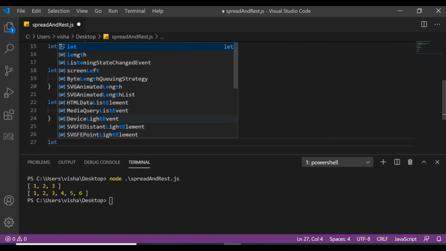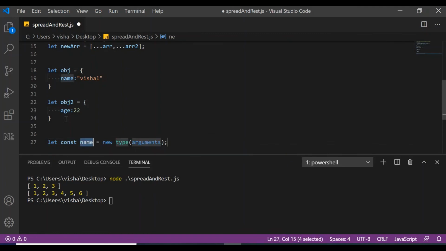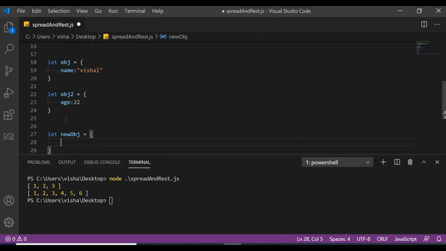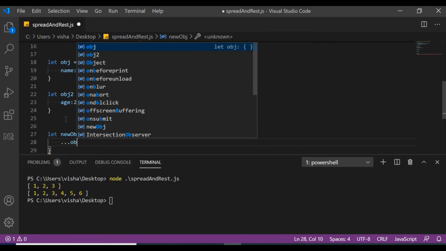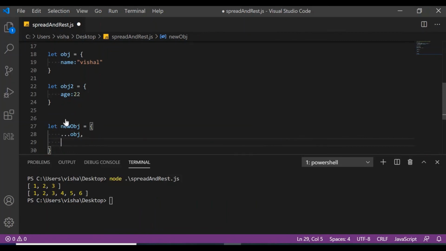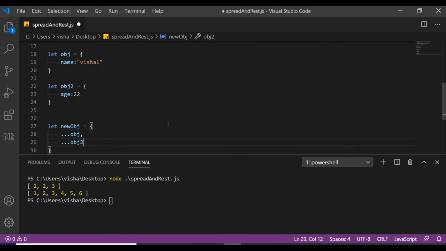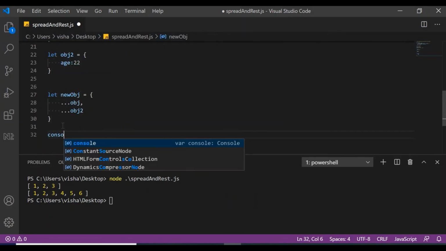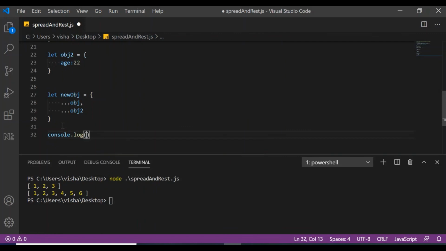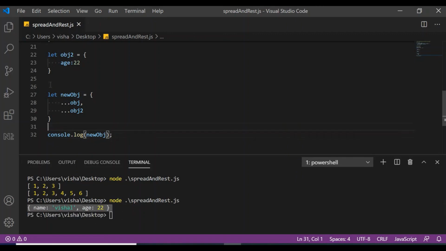So let's say new object. We can do something like this, obj and obj2. Now if I console log new object, it should hold both of these properties. See, we got a completely new object which holds both these properties.